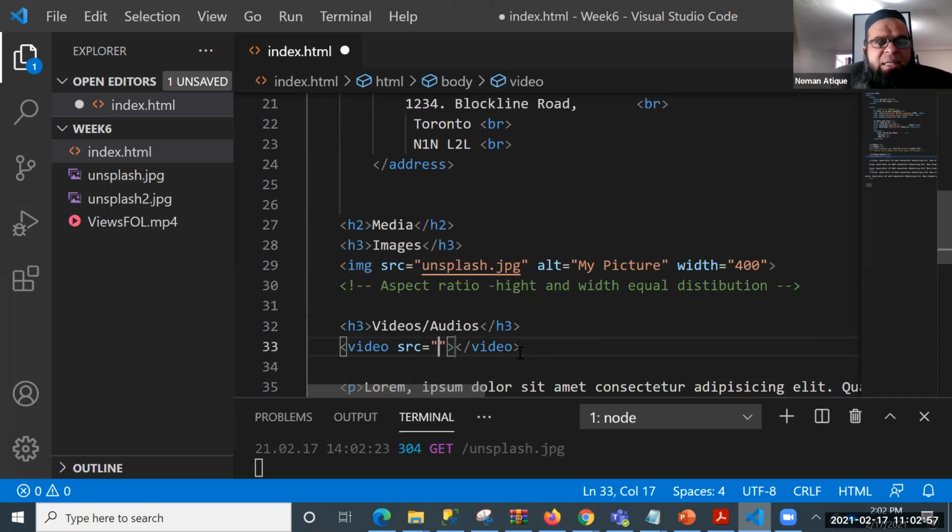And let me tell you a shortcut. I think you would be seeing that I'm using a shortcut. Whatever tag you want to make, you just write the inside text of that tag, as I've written, video, and press the tab button. Are you getting that? If you press the tab button, you will get the complete tag. For example, I write a P, just P, not the tag sign, and press the tab button. You will get the complete tag. I hope everyone is able to do that and understanding what I'm saying.